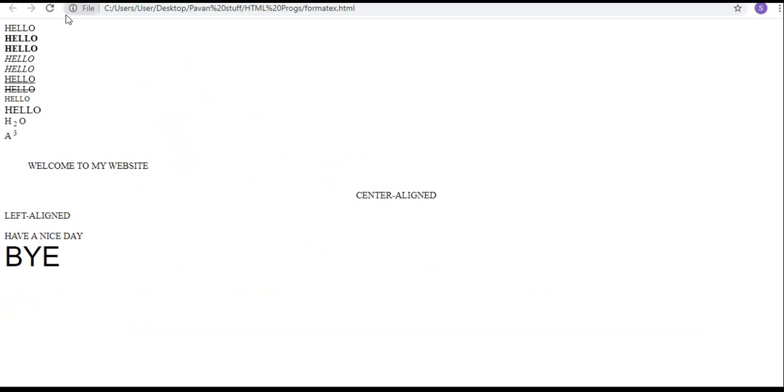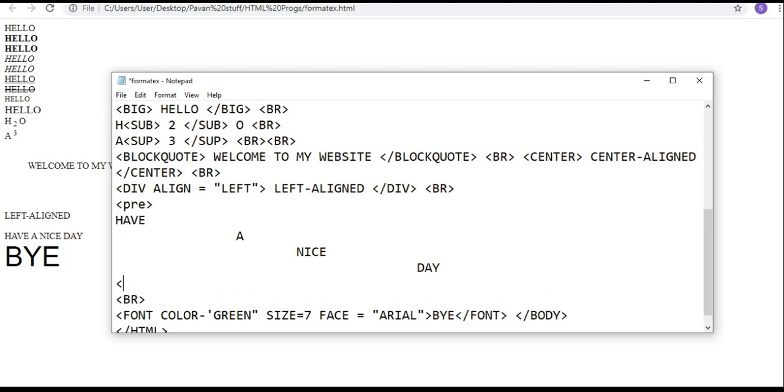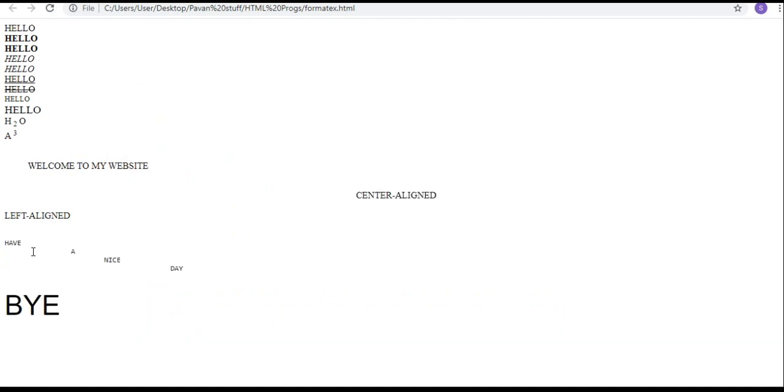Even though I have written in a specific format, have a nice day, it isn't displayed like that. Am I right? So if you use pre-tag, then that will be displayed like that. File, save. Now observe, have a nice day.